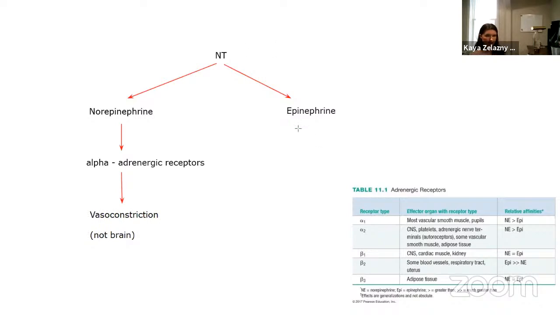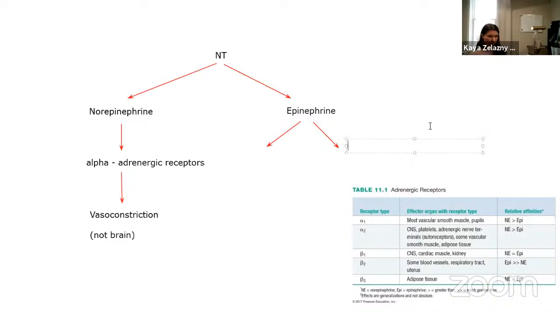Okay, so then epinephrine, we're going to see affect both our alpha receptors and our beta 2 receptors. The concentration of epinephrine makes a difference. For norepinephrine, we're not worried about concentration. For epinephrine, we are. So we're going to have an effect of lots of epinephrine, and we're also going to have an effect of small amounts of epinephrine. Okay, I'm going to do the small amounts first. So over here on the right,